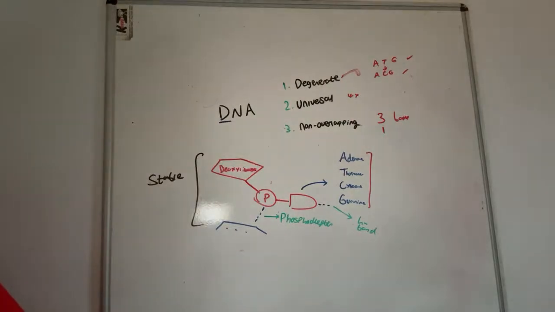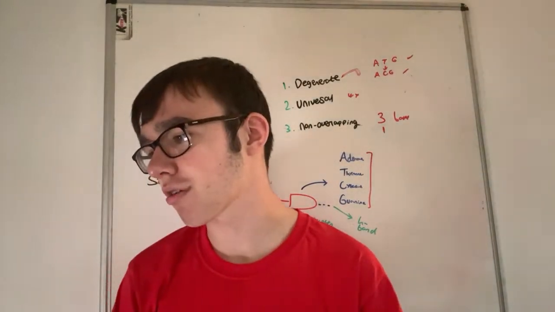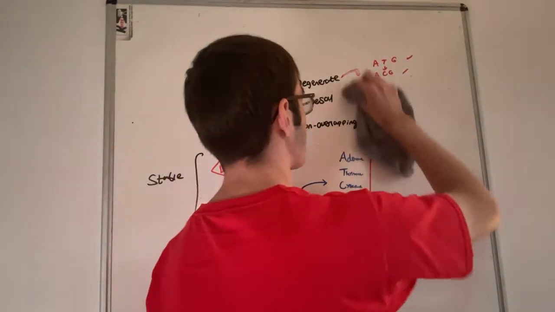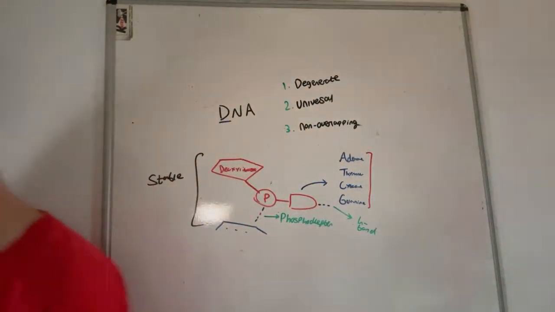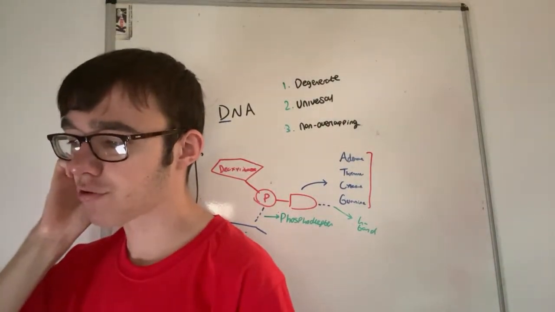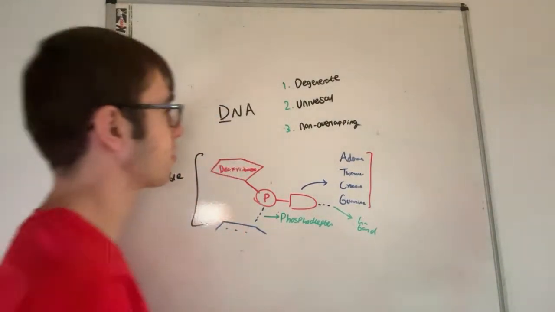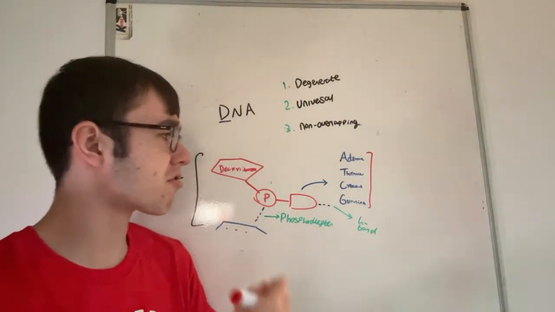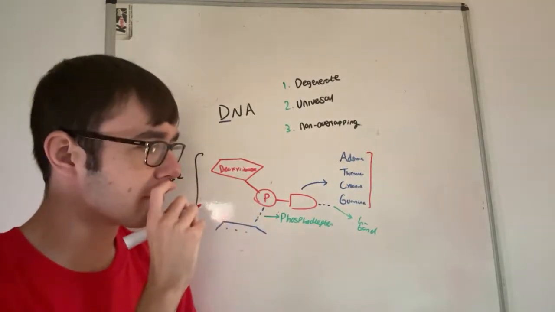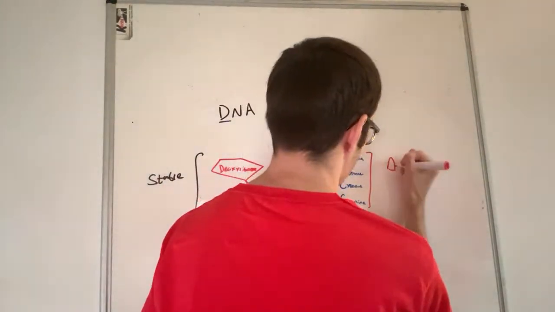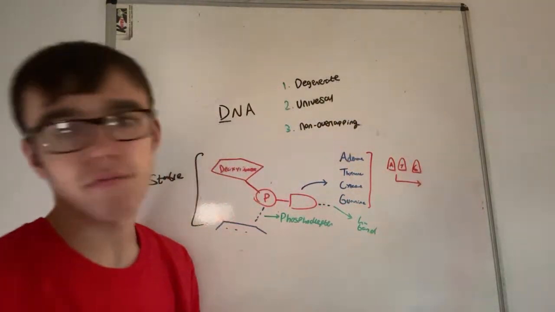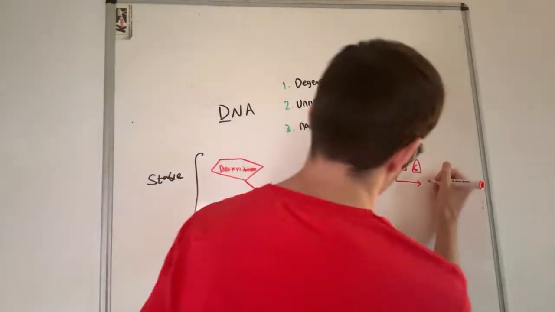Let's have a check, shall we? Universal is where the same codon/triplet always codes for the same amino acid. Okay, interesting. So let's actually write down these definitions so we know what they're on about. So universal is where the same triplet always codes for the same amino acid. So I guess I was kind of along the right lines when I said every organism has these. I should have just looked into it deeper. Every organism, if this was A, T, and G, in every organism that would code for the exact same amino acid.